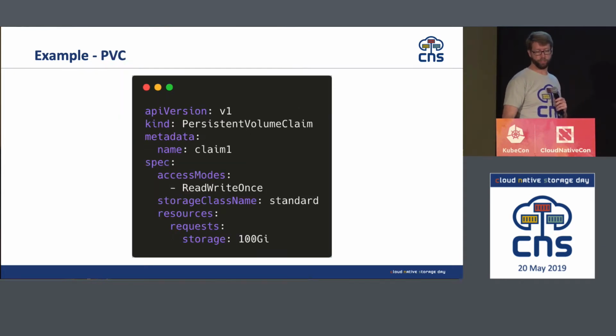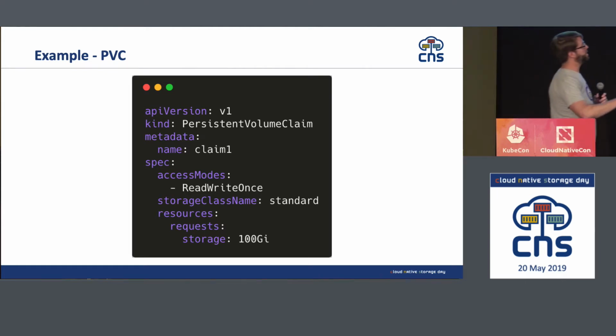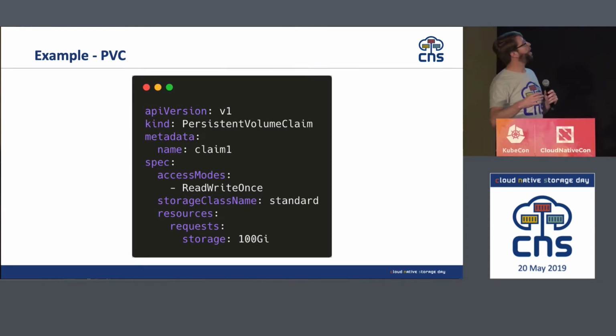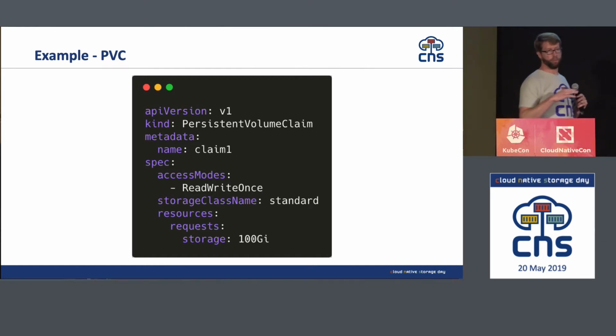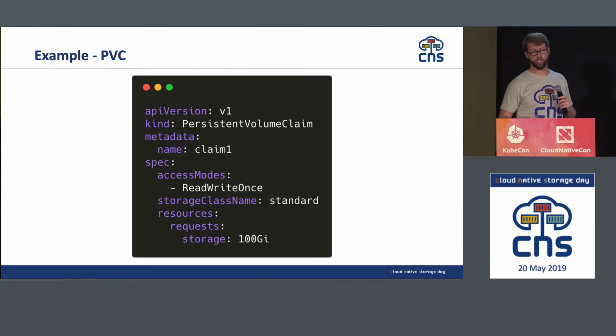And through a separation of concerns, the persistent volume claim is what an end user would see. So the user doesn't know anything about the details of this cluster, right? They're not an administrator. Their application, their pod that they want to create, doesn't know anything about the underlying storage either. So what they get is an abstracted view of what type of storage they want.